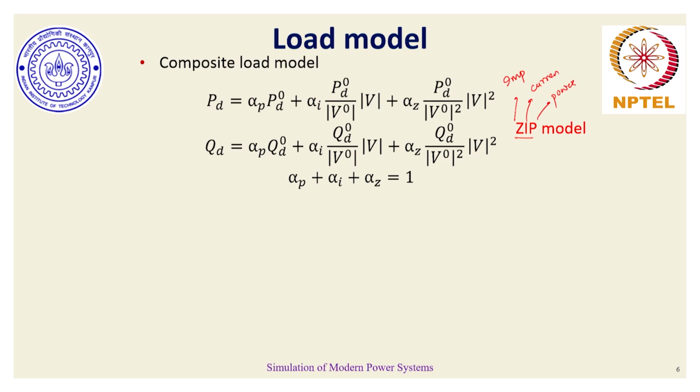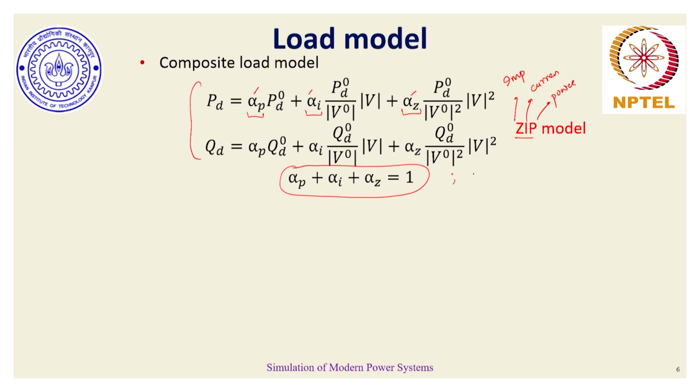So constant impedance or admittance, constant current, and constant power loads have all been merged together into this composite load model combination, where for a given load, a certain portion of the load behaves as a constant power load, a certain portion behaves as a constant current magnitude load, and a certain portion behaves as a constant impedance or admittance load. Since these are proportions or fractions pertaining to a single individual load, their overall sum should always be equal to 1.